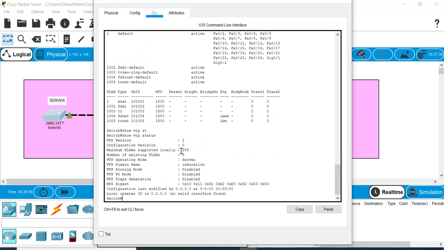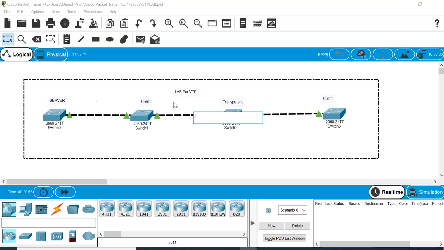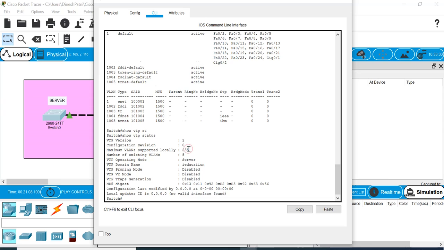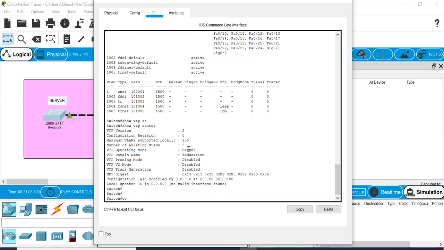I am showing you here the configuration revision number is 0. As soon as I create a VLAN, an update will be sent to the client. You can see this in simulation. I have switched on the simulation also. I will type config